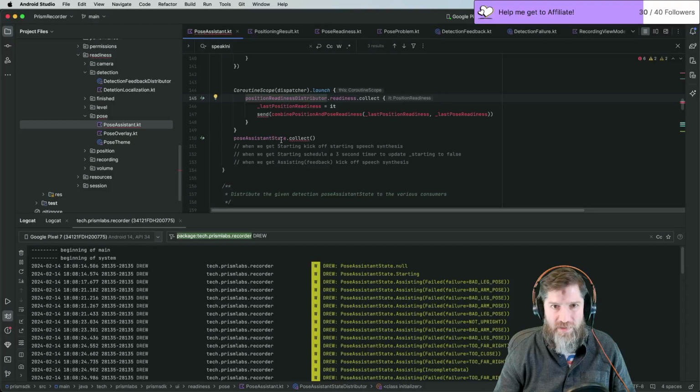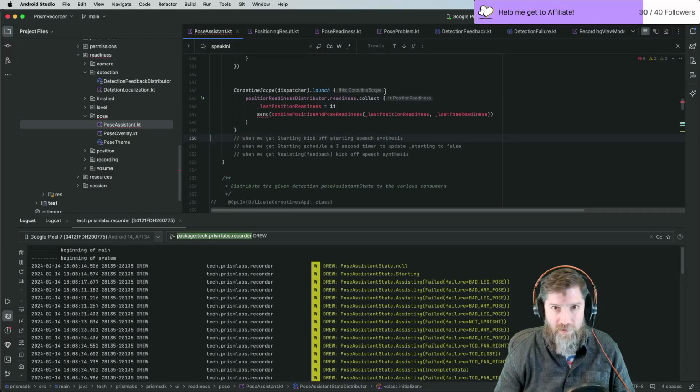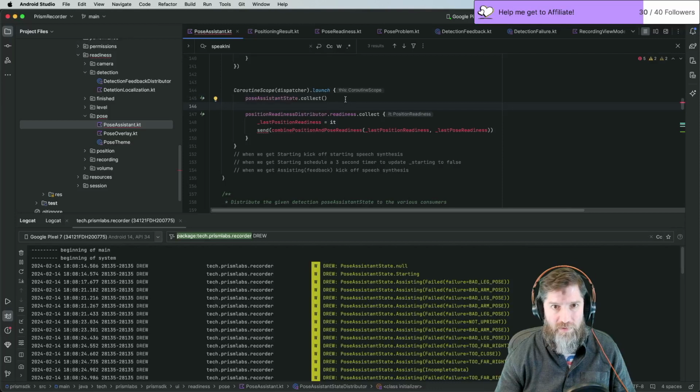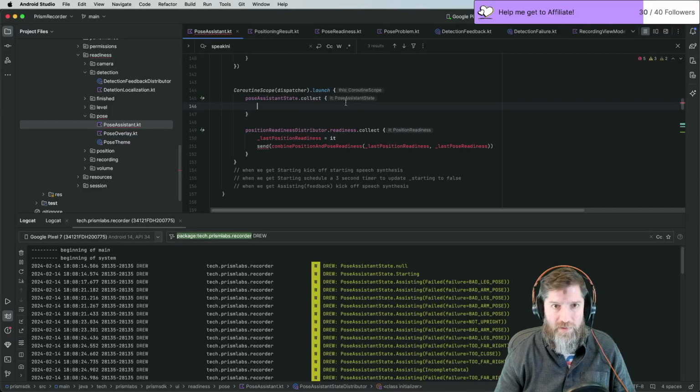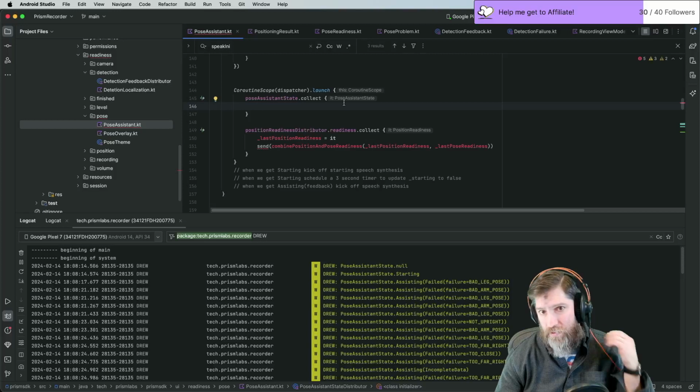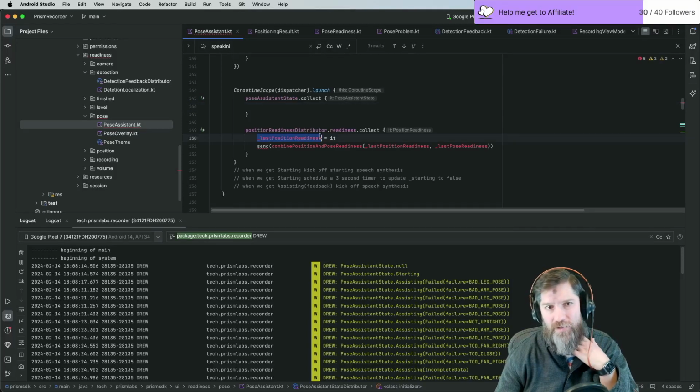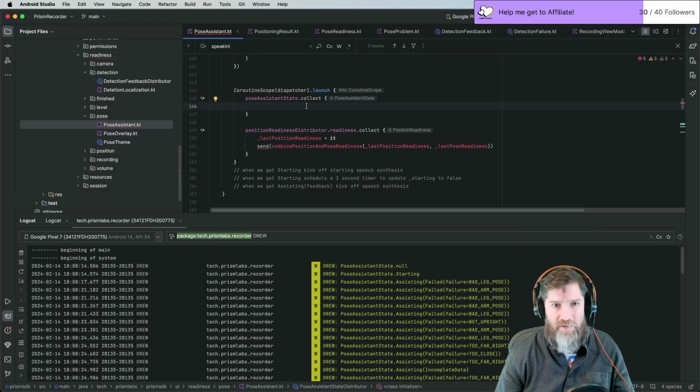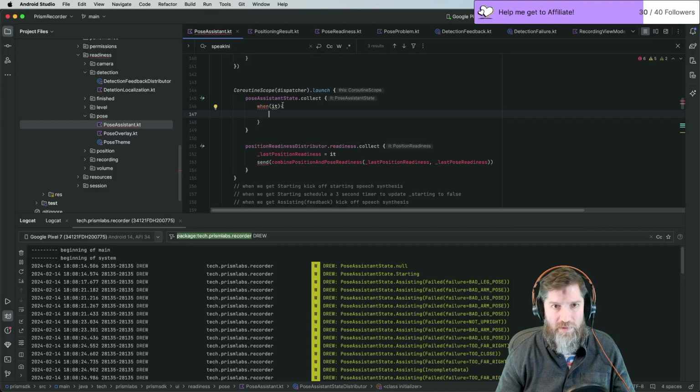And we're not going to do that. We're instead going to do this with a collect. And we are going to, we're not checking that. I guess we could do a when on it. No, not square brackets, curly brackets. And expression is unused. I don't know what that means, but